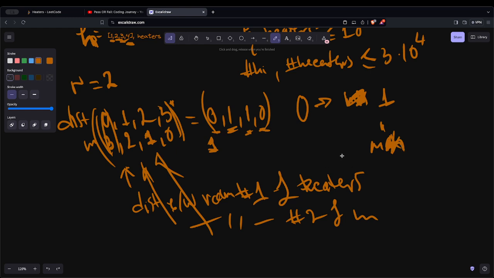Take the minimum to choose what's the best position, what's the best heater to hit the current room, and then so the best heater radius to hit